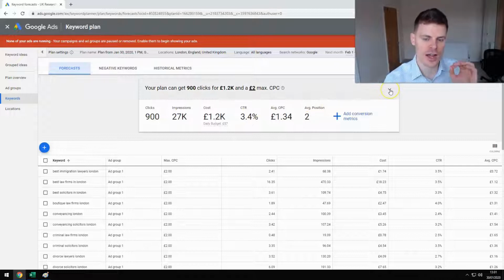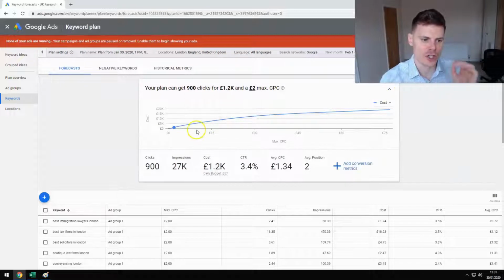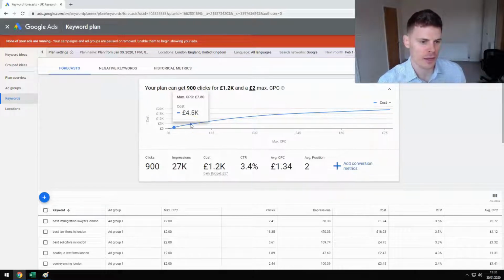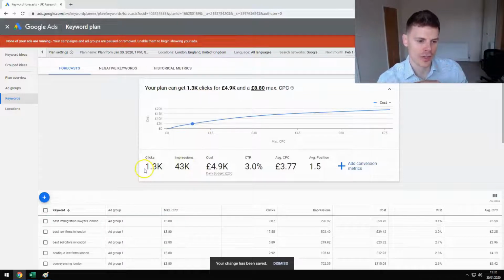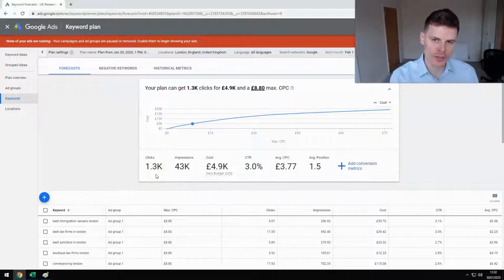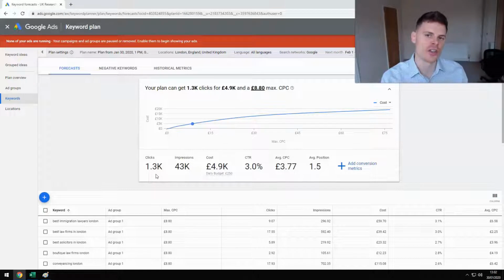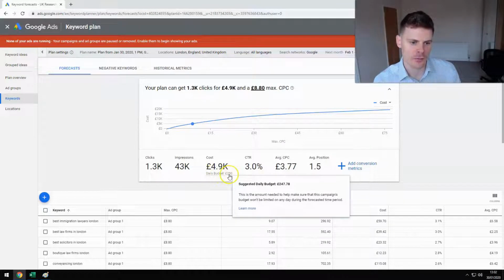And if you click on this arrow on this graphic, then you can adjust the cost that you want to pay. So if we're looking to have a monthly budget of £5,000, then we can select that and all of the predictions and metrics will change according to that new budget. Now, it's important to mention again that all of these figures are estimates only, and your actual performance may differ from this. So it'll give you the estimate for your daily budget,